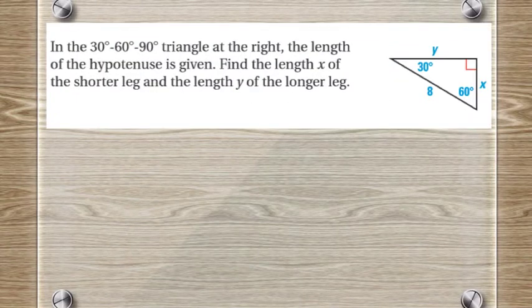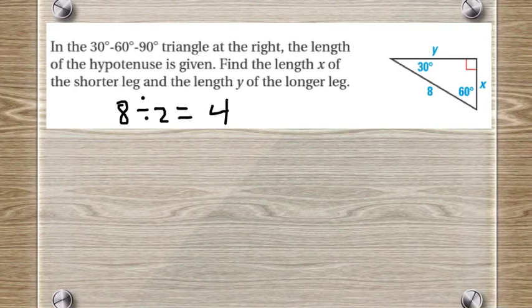So let's try one that's a little different. We're going to solve for two sides of the triangle, and again, now we're not given a shorter leg. So now we're given the hypotenuse of this triangle. So probably the easiest is we know the hypotenuse is double what that shorter leg is. So the best way to do this problem is just divide it. So 8 divided by 2